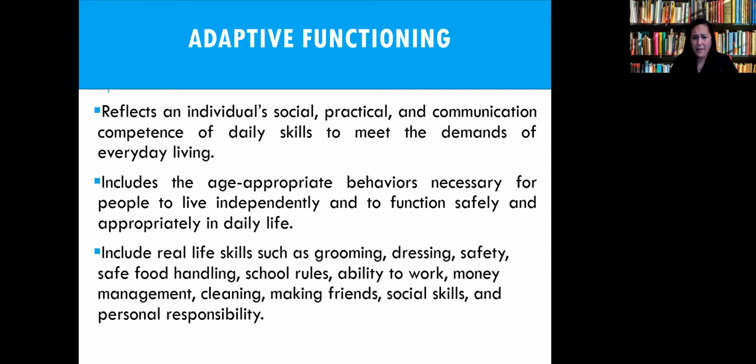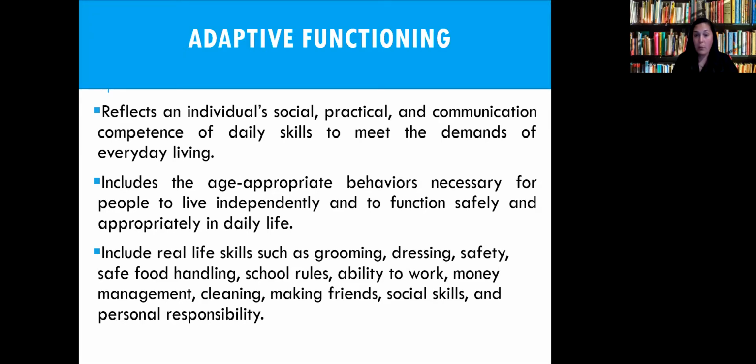Some of the areas that can be teased out of adaptive functioning are things like grooming, dressing, safety, food handling, school rules, or just the rules of the environment that they're in. So there are questions that are geared towards the parent that really lie heavily on whether or not their individual is aware of safety in public, of stranger danger. It's probably not a term that's used within the actual protocol, but essentially the concept of stranger danger. Do they understand when they should or should not interact excessively with an individual that's unfamiliar to them? And so definitely, again, relevant information for y'all.